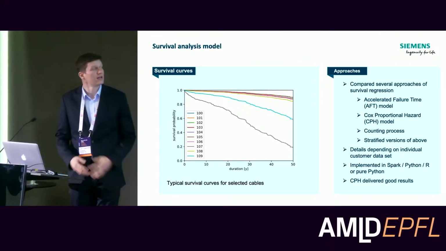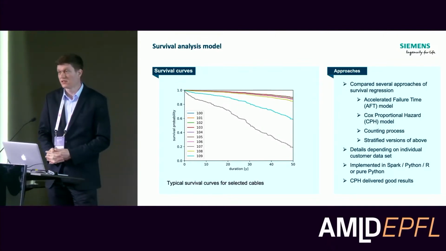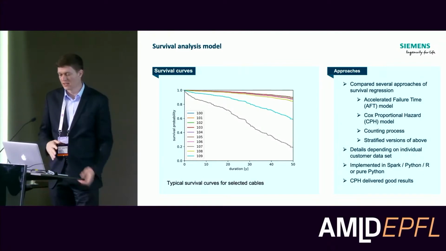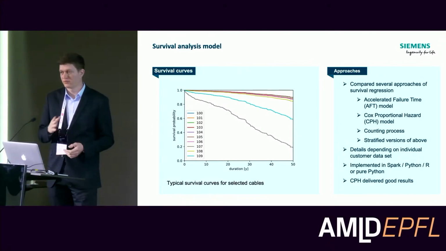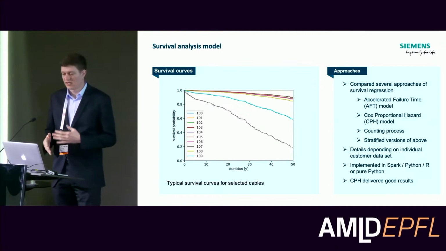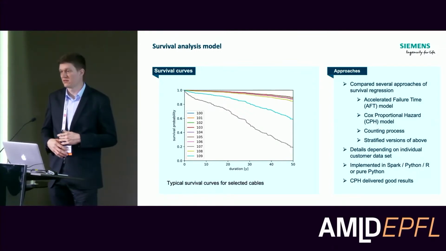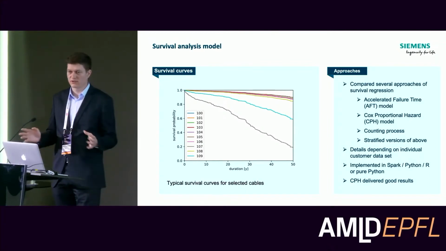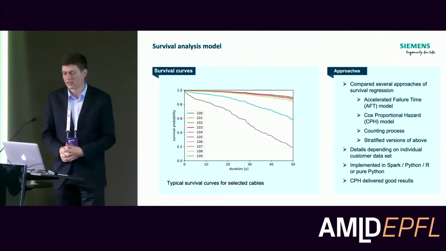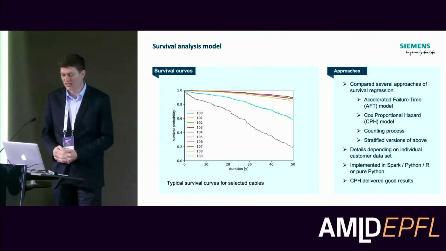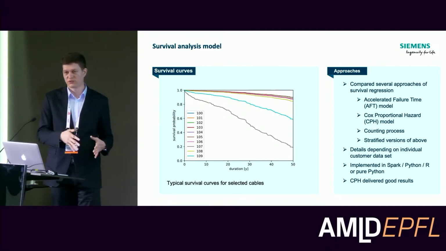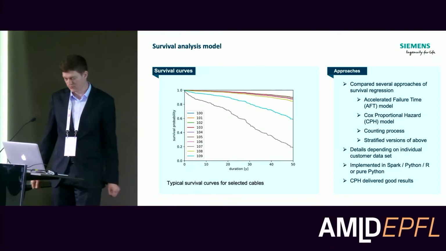And we also looked into stratified versions, which means for different categories you do a separate survival line, and there we saw that one of the materials, the PE cables, which were mainly used in the 70s to the mid 80s, I think, have a worse performance than the newer cable types. And that can also be seen just empirically, as some of the grid operators are trying to replace all the PE cables in their grid, even without machine learning. But there also our model can help to determine which of the PE cables you should put out of operation first and replace with new cables.